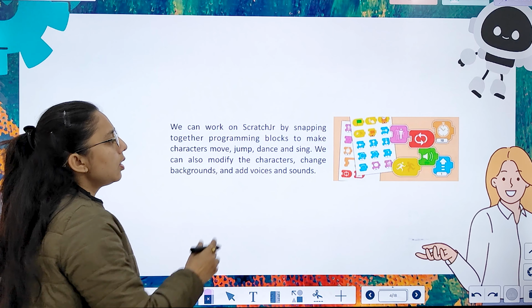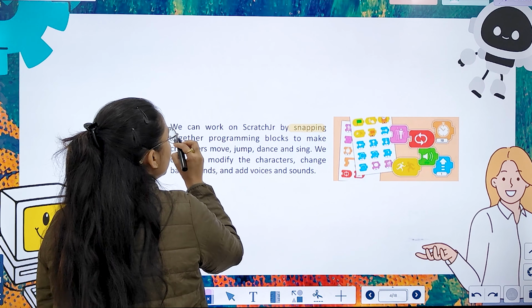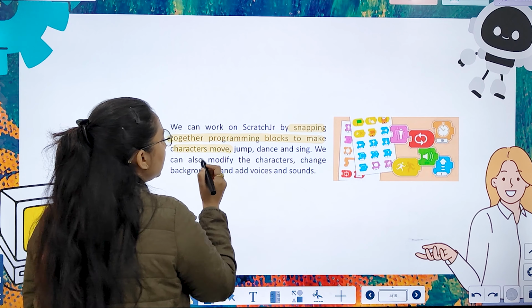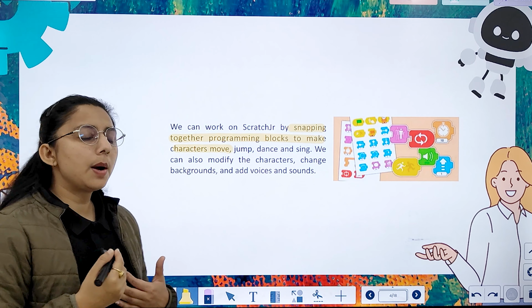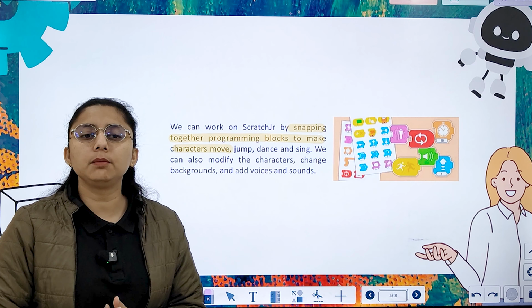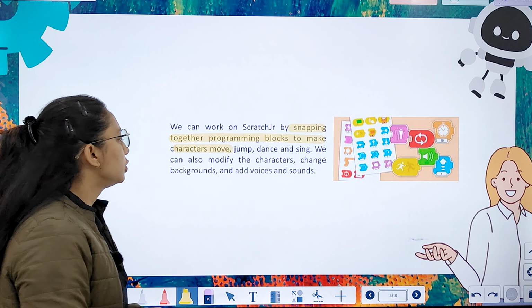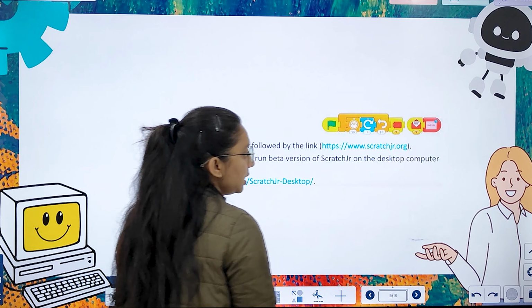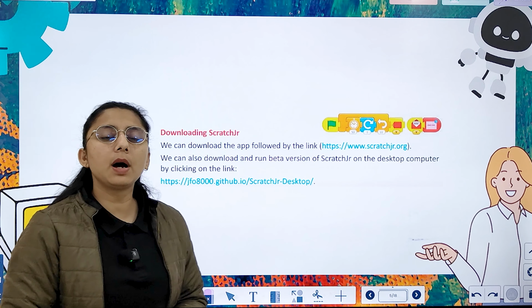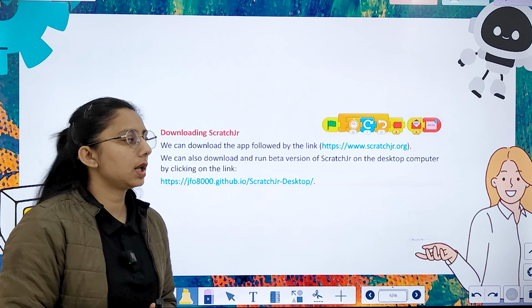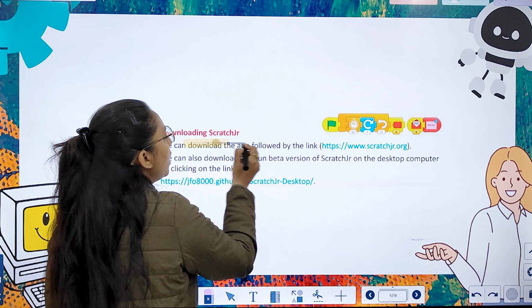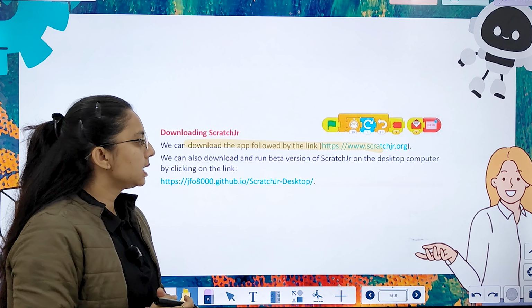So we can work on ScratchJr by snapping together programming blocks to make a character move. You can make them jump, you can let them dance and sing. So you can modify the characters and change them. So let's study about how to download Scratch. We can download the app by following the link